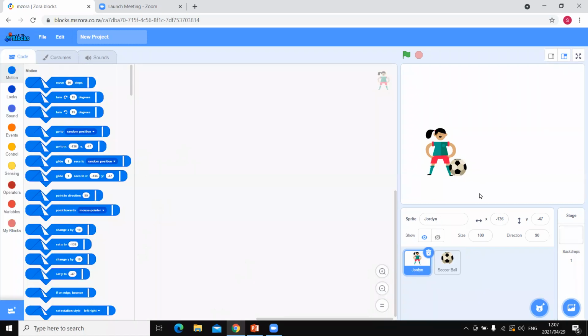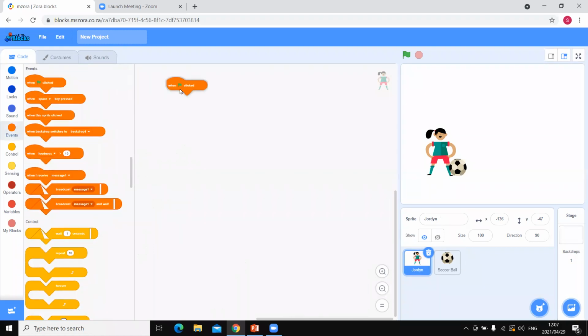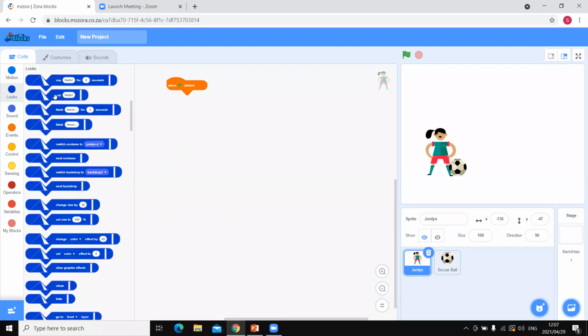So what we will do is, remember we are on Jordan. I will go to events, when clicked, and let's go to looks. Let's say switch costume to Jordan. Let me just make this a little bigger so you can see it. Yeah, switch costume to Jordan D. If you click that, that's how she looks. So what I want to happen is,